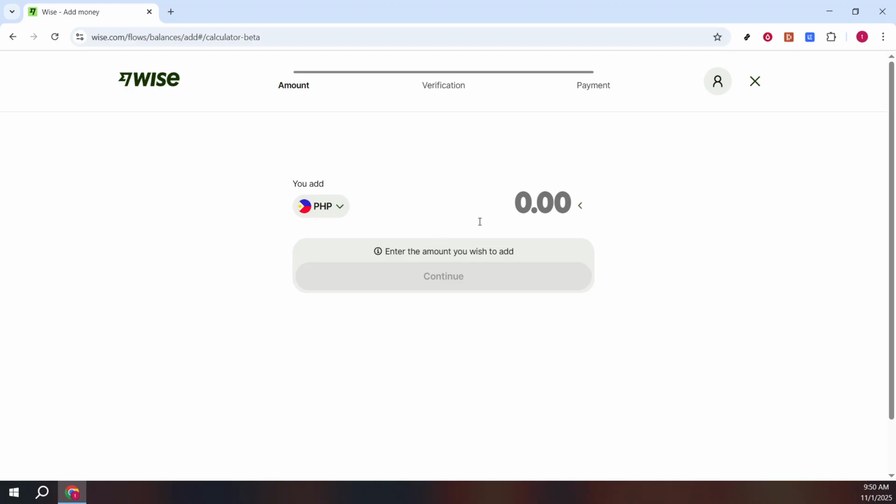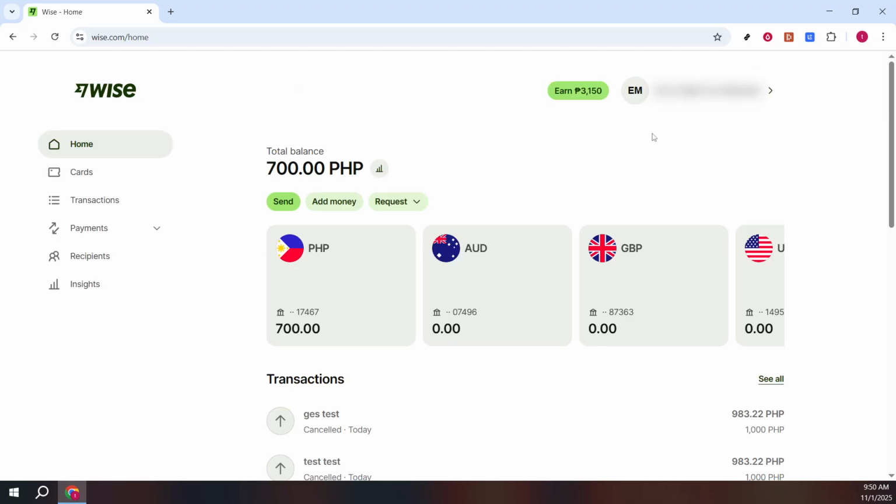Next, it's time to select the currency of the country you're traveling to. This is crucial because it allows you to hold and spend money in the local currency, often reducing currency conversion fees that can add up over the course of a trip. If you've already got funds in another currency within your Wise account, you can convert them into the required currency with a few clicks. This flexibility ensures you're always ready to make purchases or pay for services in the local